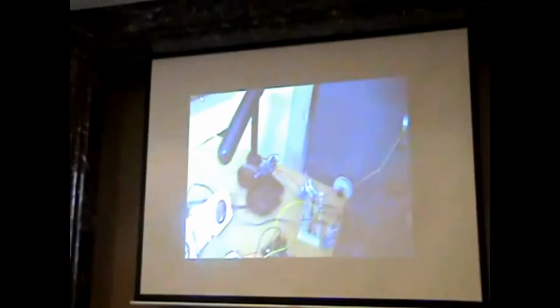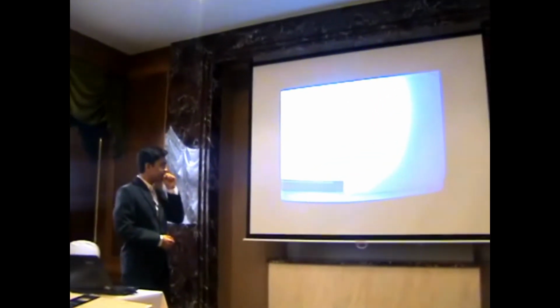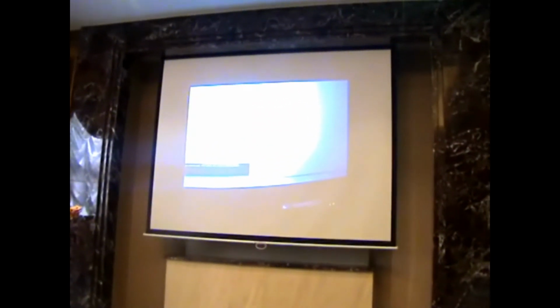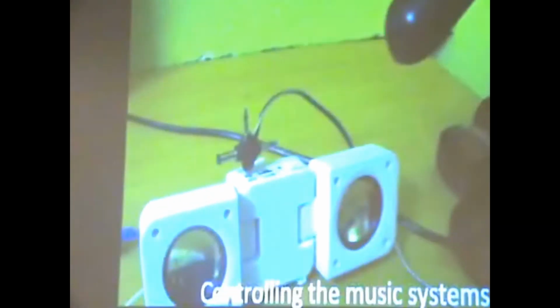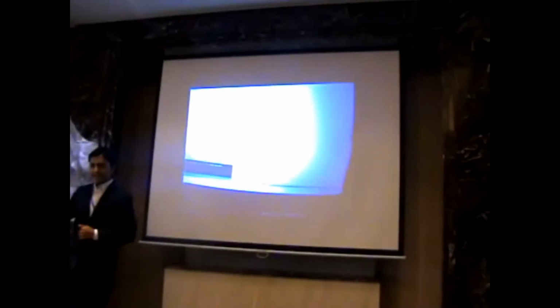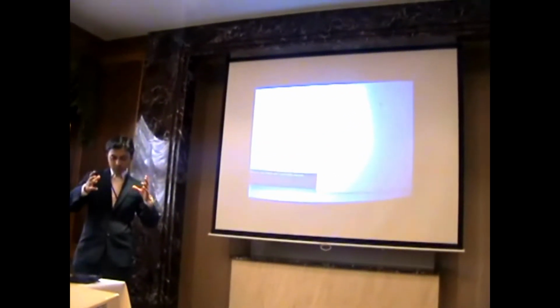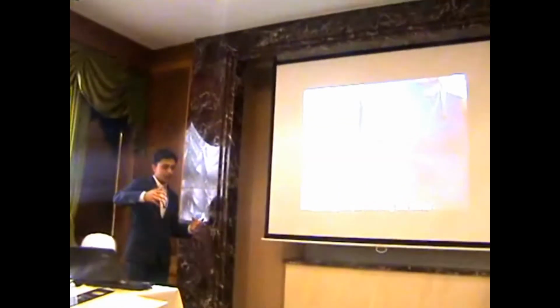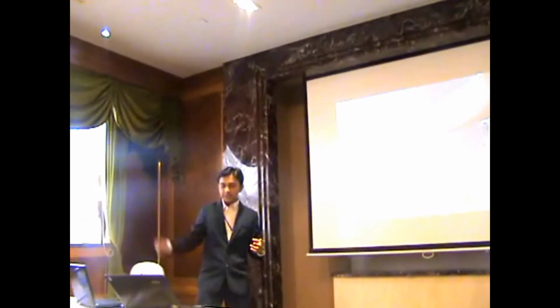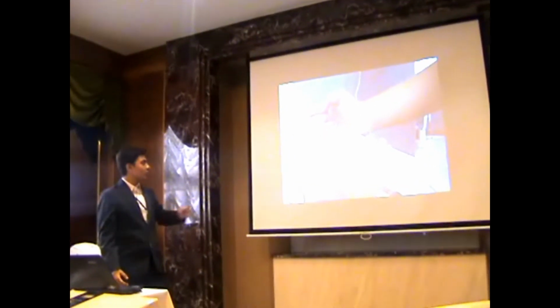How about controlling the music systems? This is the algorithm. We're controlling the music systems, and controlling the motors, which will be coming up next. We also wanted to make it consumer oriented, so the person using it should not be confined to certain boundaries. We wanted it to be very free. We wanted him to use the appliances on the first floor while sitting on the ground floor. So we also thought of making it a long range interfacing. We'll show how far it was able to link.